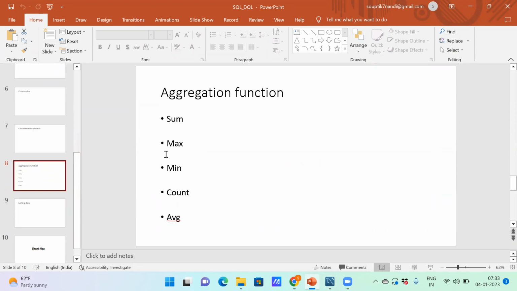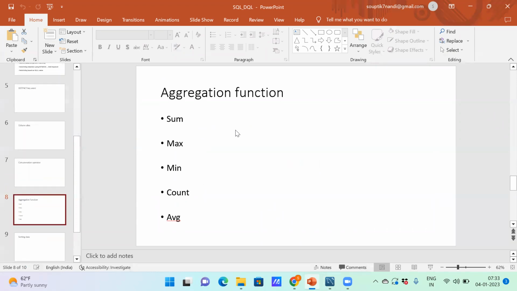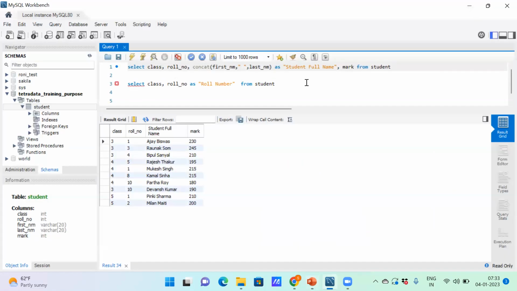Okay, this is very much important. Aggregation function. And especially as we are entering into the analytics portion, aggregating a particular data set. Suppose you are a data analytics person, you want to see a particular thing,